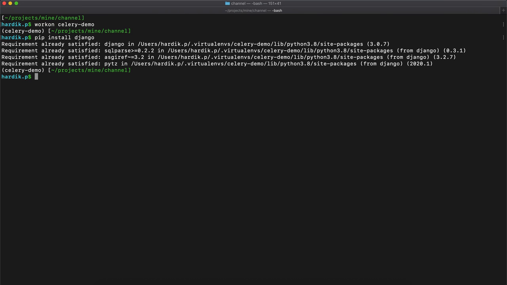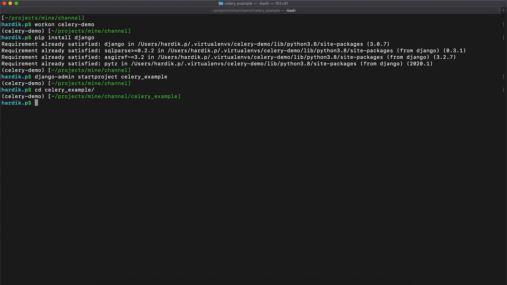As I have already installed that to save time, let's create one project here. django-admin startproject, and let's give the name celery_example. Okay, so the project is created and let's get inside by doing cd celery_example.